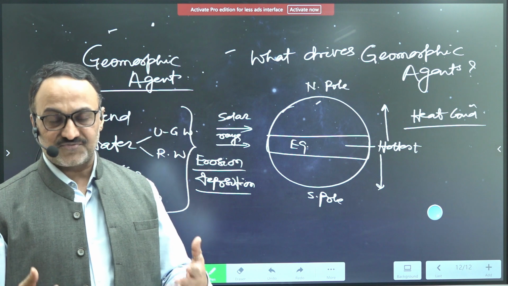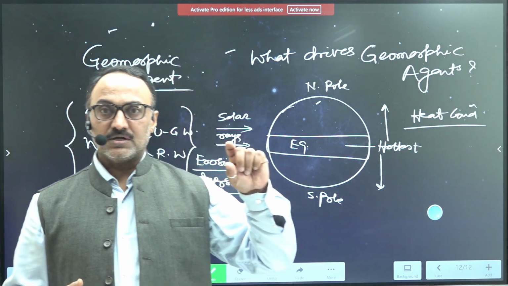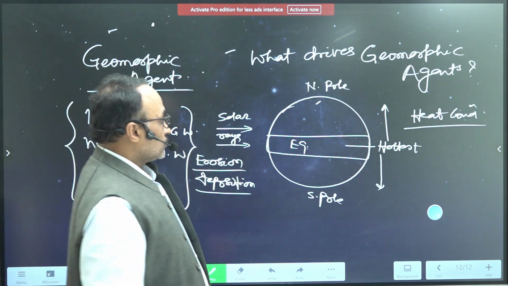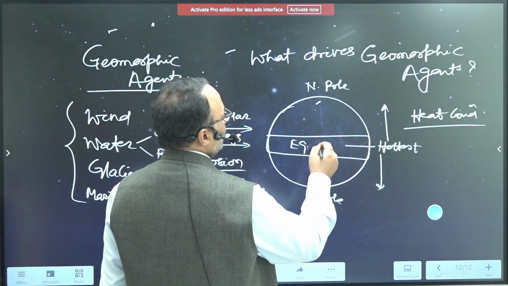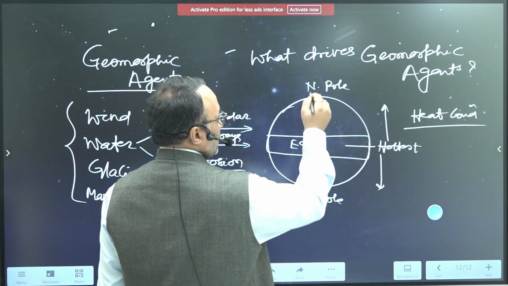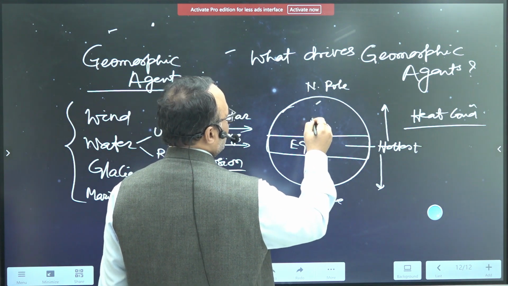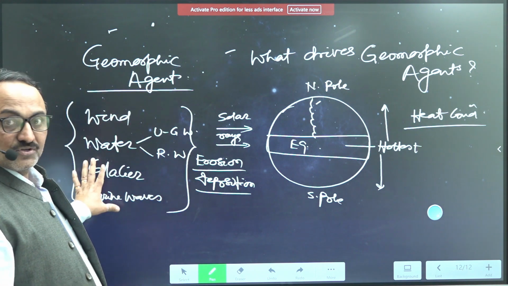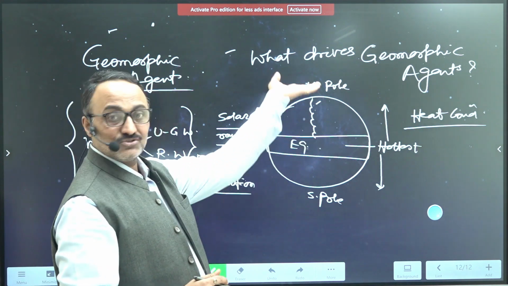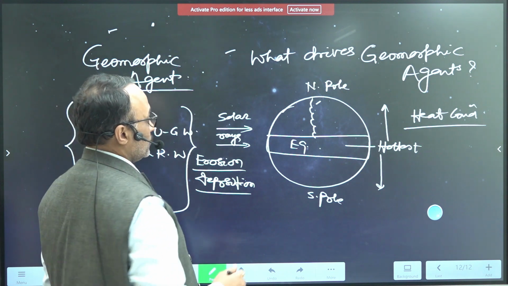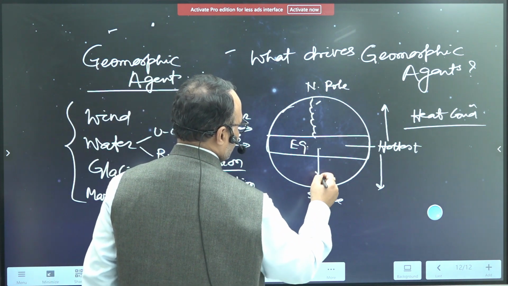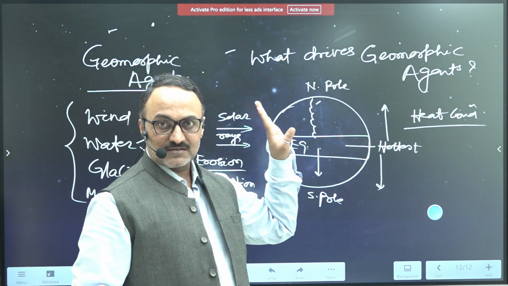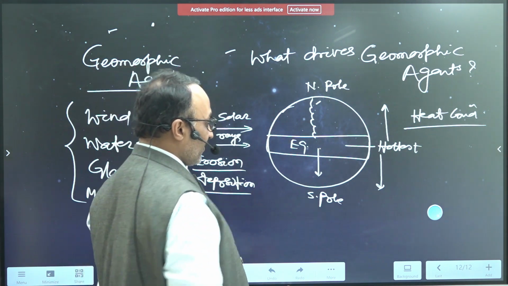If energy is sufficient in any location, then only you can expect different kinds of movement. So this is the hottest condition, and moving away from the equator towards the pole, there is a gradual reduction in the heat condition. So the intensity of operation of these geomorphic agents also gradually reduces. So northward and southward, there is a gradual decline in energy condition. So this is the one factor that you have to keep in your mind. Another factor is